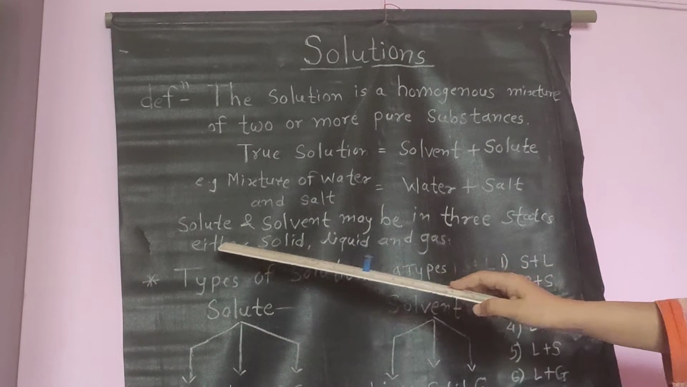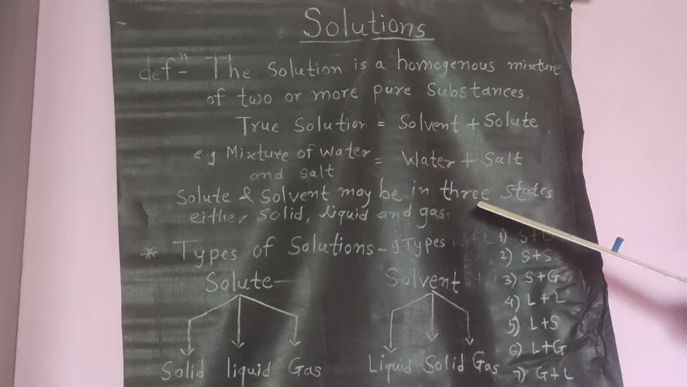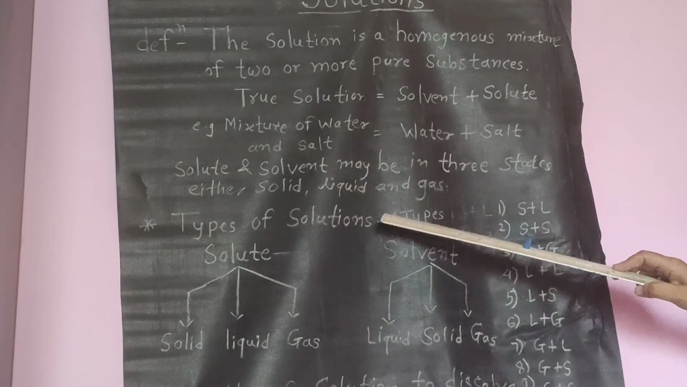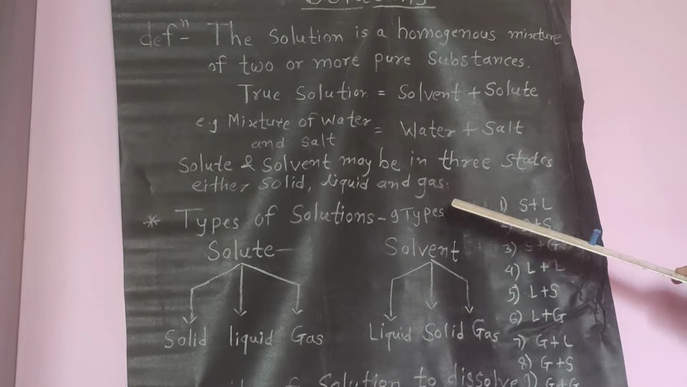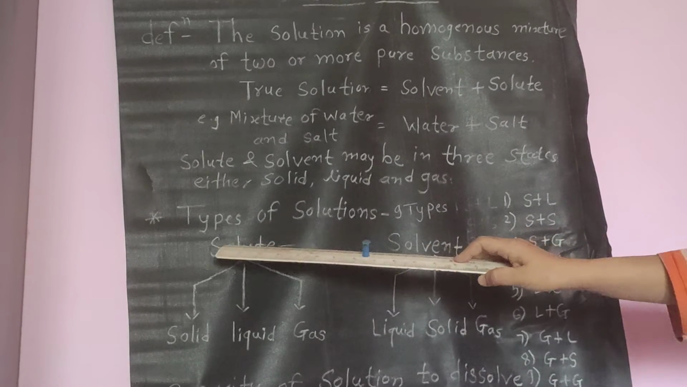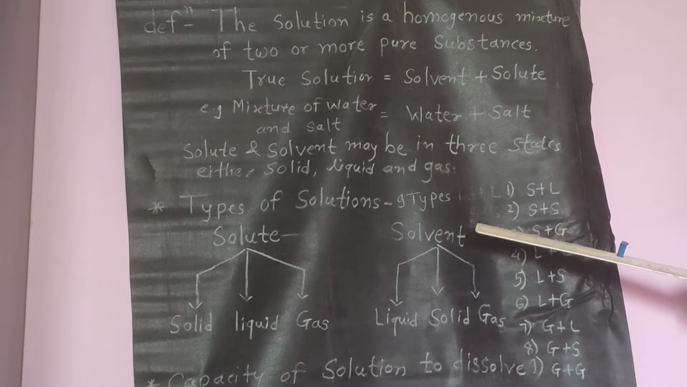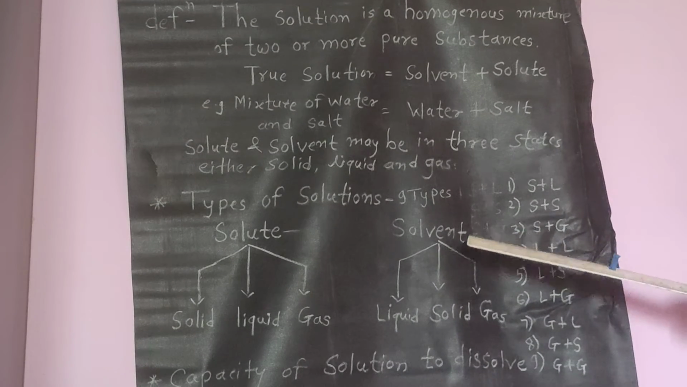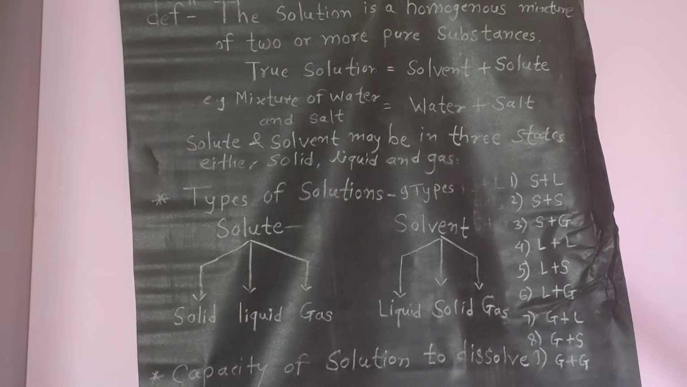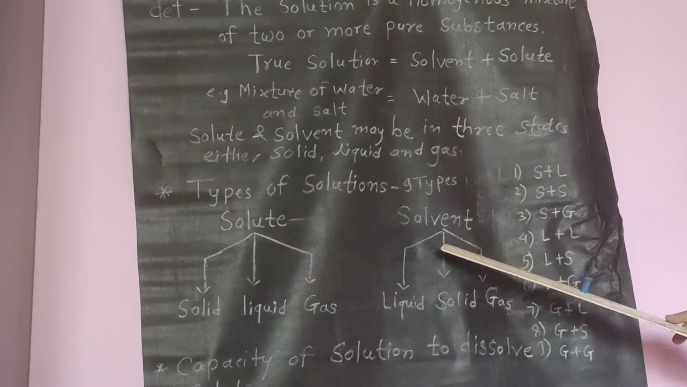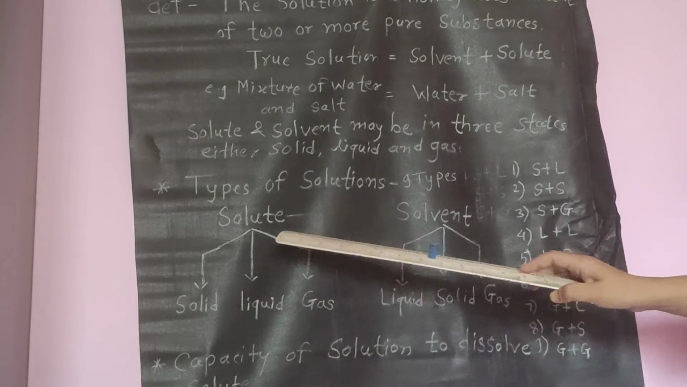Next, solute and solvent may be in three states, that is either solid, liquid or gaseous. Next point is the types of solution. There are 9 types of solution in which solute and solvent are used. First